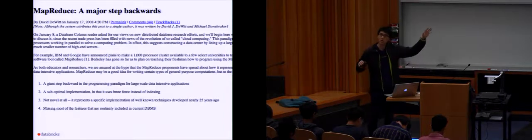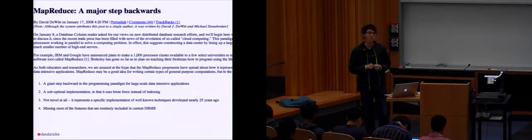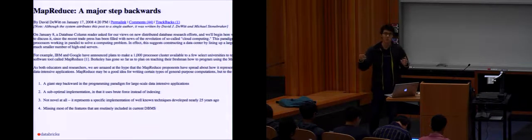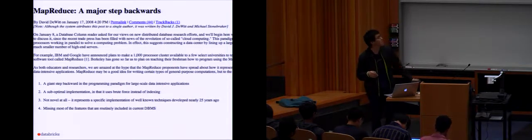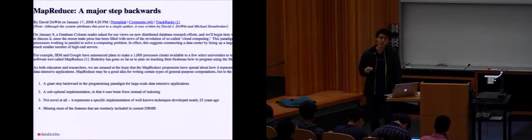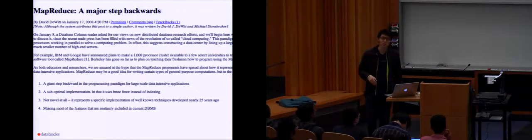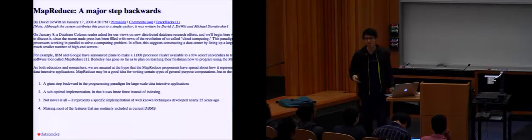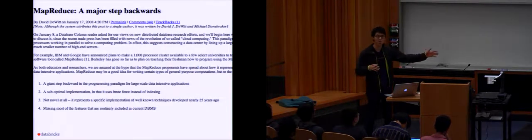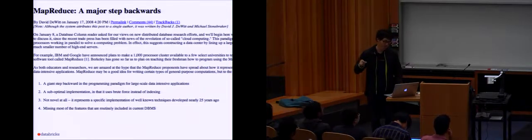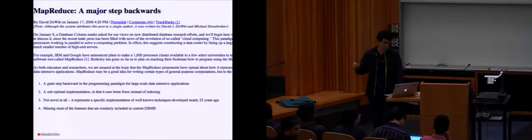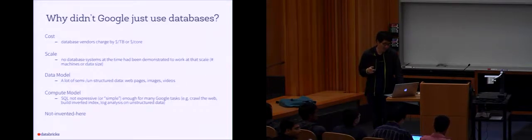And this actually triggered almost like a war. People started publishing papers to demonstrate different points of view. There were papers published from the DeWitt and Stonebraker camp at the most prestigious academic conferences about how bad MapReduce is, based on benchmarks. And then the Google guys started countering. Jeff Dean and Sanjay published another paper in the Communications of the ACM, refuting all the claims they were making. So it was a fairly interesting and dark chapter in big data technology history. But we'll come back to this.